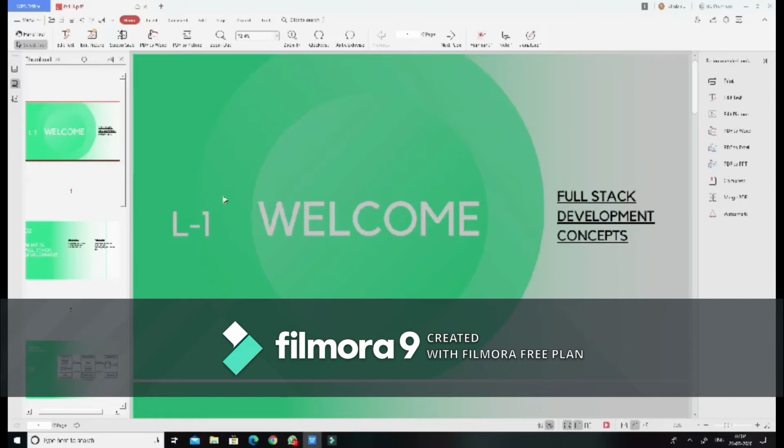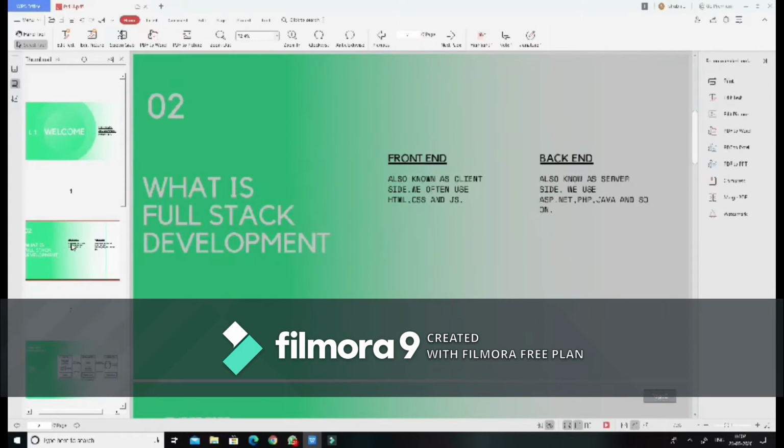So let's start with the course. We will be making the concept clear first on full stack development and what it is. देखो, हम लोग जब भी बाहर जाते हैं या कोई वेब डेवलपर के साथ जाके बैठते हैं तो वो सिर्फ 2 वर्ड्स को यूज करके बातें करते रहते हैं और हम लोगों को कंफ्यूज करते रहते हैं. One is the front end and another one is the back end. Front end, also known as client side.